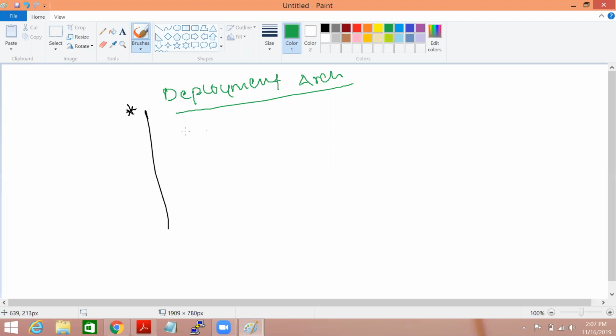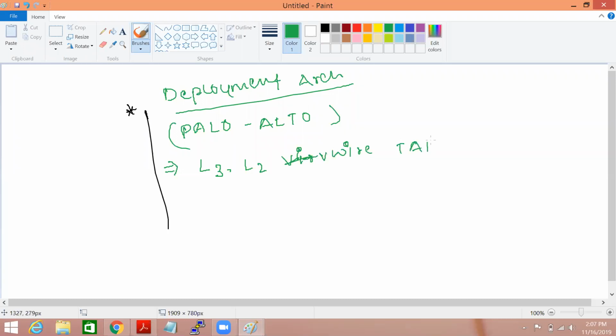Basically, Palo Alto has different interface types, which provide different types of deployment. If we talk about Palo Alto interfaces, it has L3 interface, L2 interface, vWire interface, and tap mode.